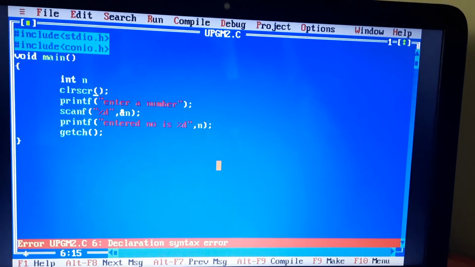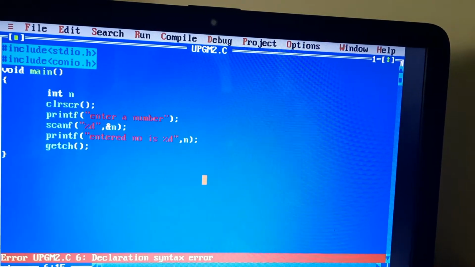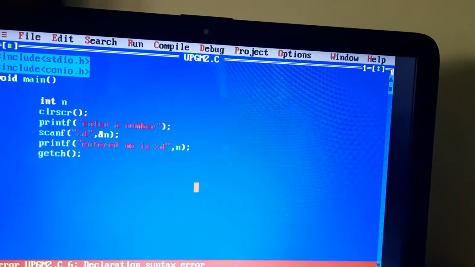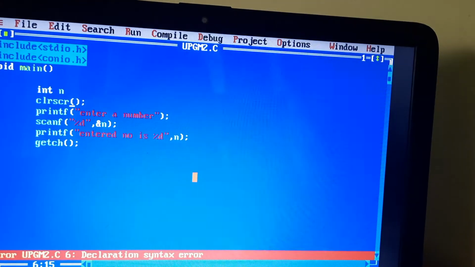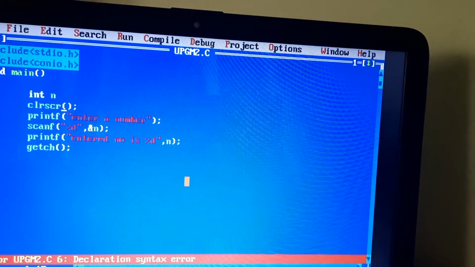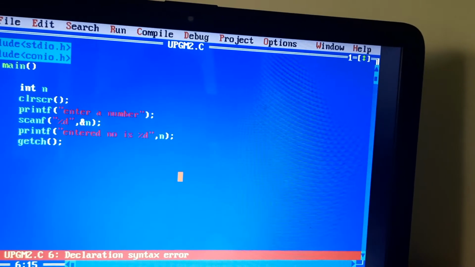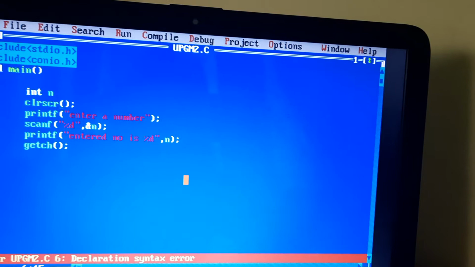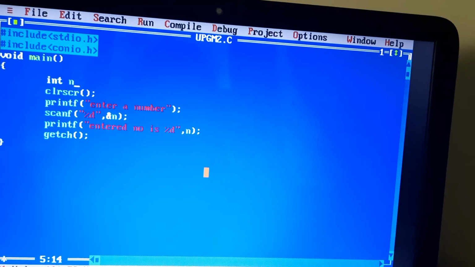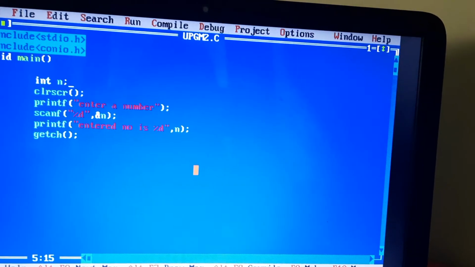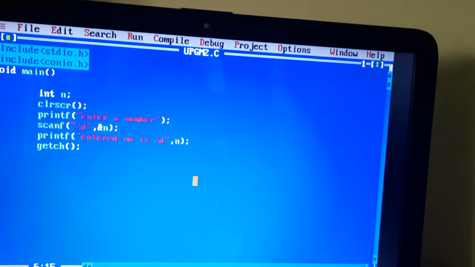Normally, if we miss a semicolon, the compiler points to the line after the missing one. Here the semicolon is missing in the first line, but the cursor is pointing to the next line. The cursor is pointing at clrscr, which means the semicolon is missing just before CLRSCR. So I go there and put the semicolon. The program will run after every error is corrected. Here there is only one error.